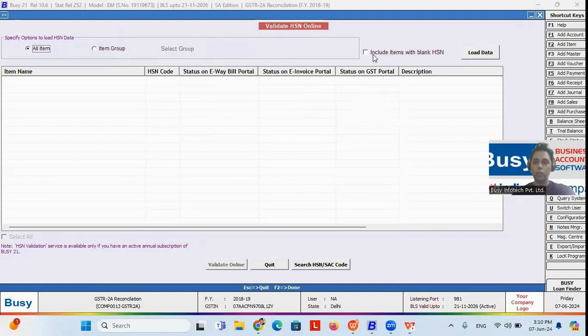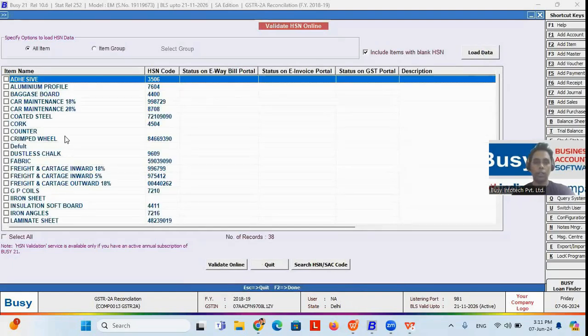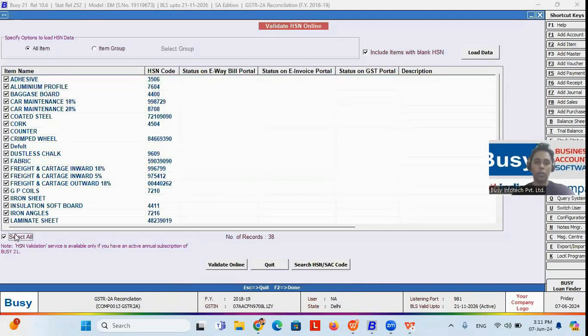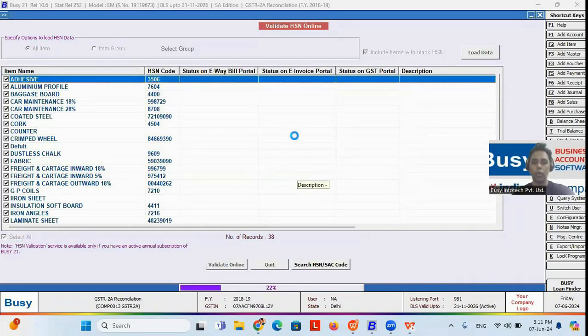Here another option is called Include Item with Blank HSN. That means if you have not put any HSN code on a particular item, that item should also reflect on this screen. So if you want to include items where HSN is blank, you can click on this option. Click on the Load Data button to get your item names as well as HSN codes. Now you can click Select All and click the Validate Online button to update it in one shot,